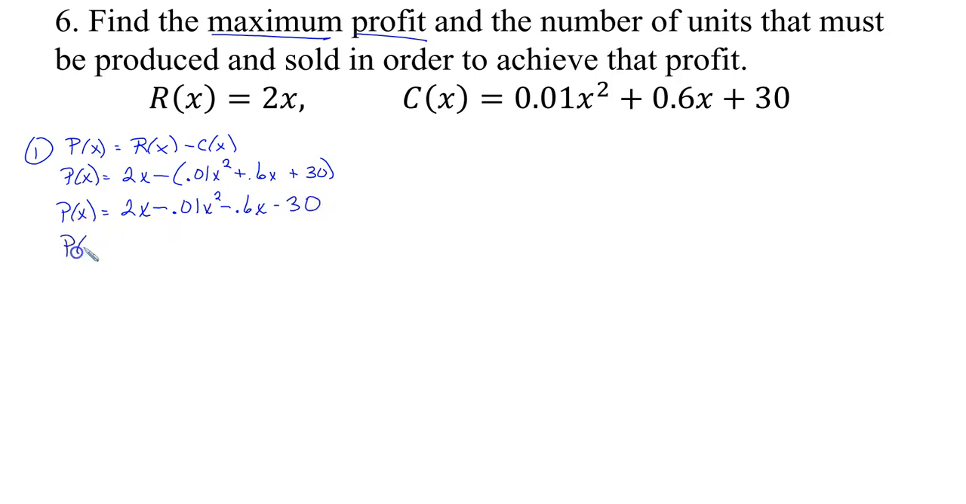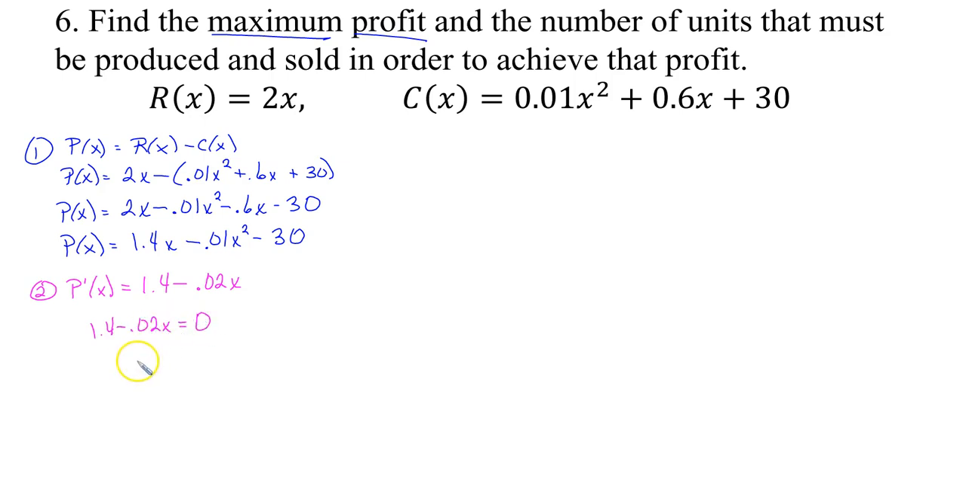And so our profit function is going to be 2 minus 6/10, which is 1.4, or 1 4/10, x minus 100th x squared minus 30. And so now the next step in this process is to find the derivative of this function. So p prime of x is going to be 1.4 minus 200th x. Okay, and so then the next part is we're going to take this derivative and set it equal